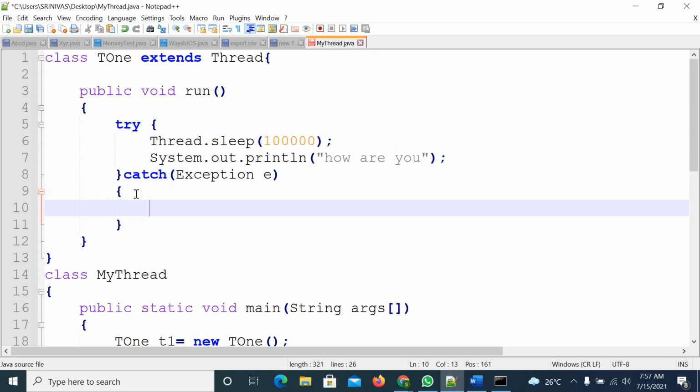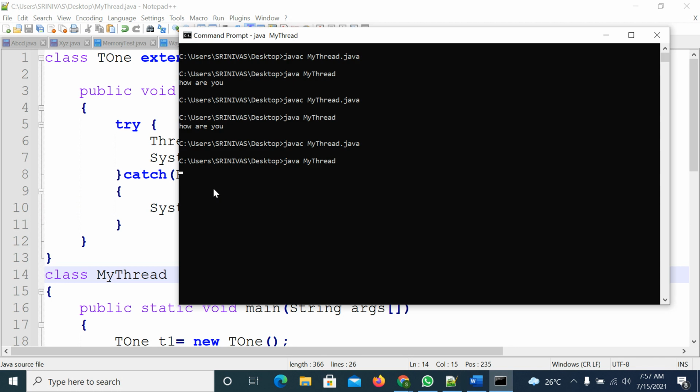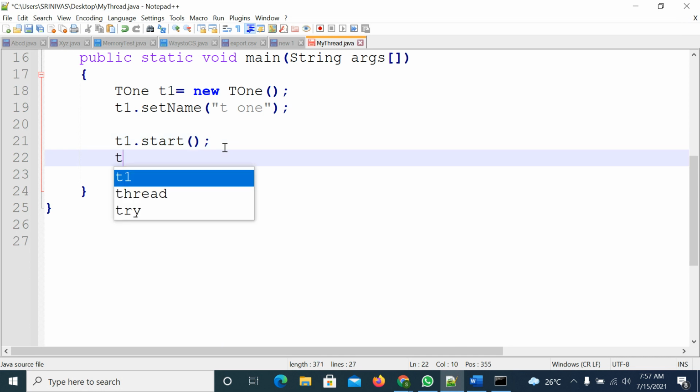So here you can write one more statement: Thread got interrupted. So what I will do, I will make the thread interrupt. How to make a thread interrupt? By applying the interrupt method, t1.interrupt.